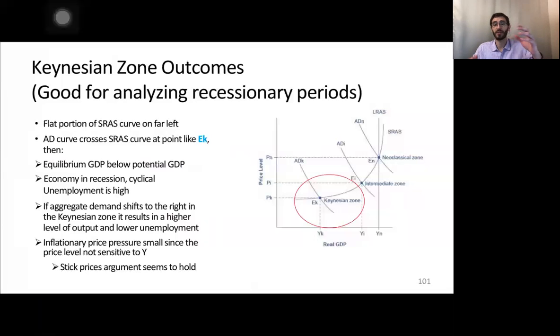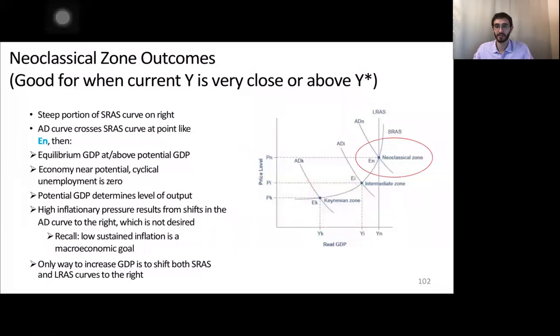Okay. Now the neoclassical view sees the opposite, right? They see that, hey, prices are going to move a lot, and maybe that's the case when resources are a lot more constrained. And resources are a lot more constrained when we're producing past, or very close to, definitely past the potential GDP line or long run aggregate supply, because then people have to bid up wages to get more workers, and you can see the price level moving more flexibly. Okay, so that's the idea.